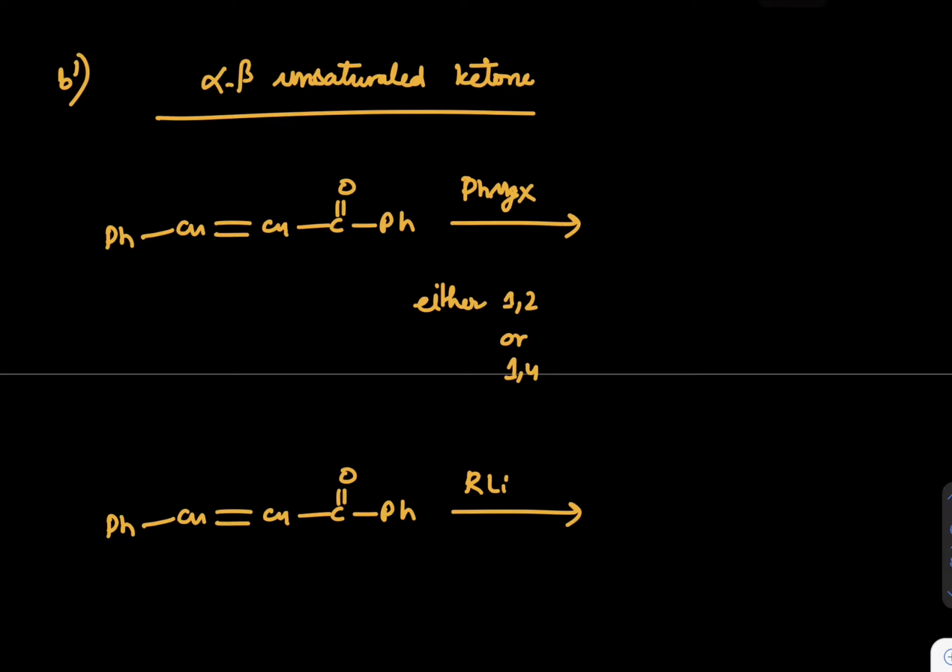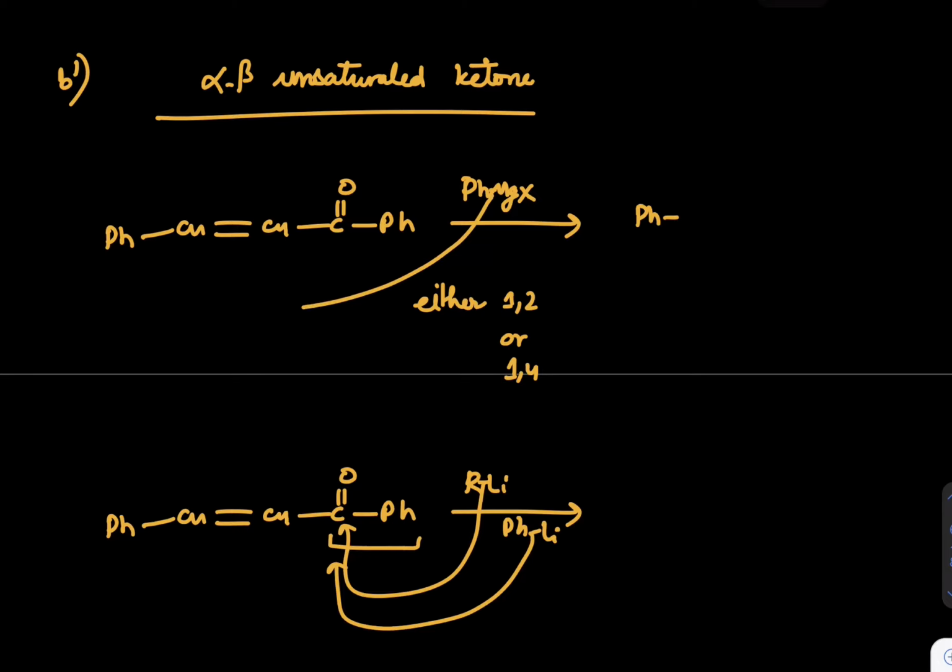This time it only attacks the C=O. It attacks here only. Let's say we have PhLi. If you have a problem with RLi, you can say PhLi. The same thing is applicable. It will attack here only. So what is the difference in both the answers? In the previous case, the answer could be Ph. Now if you attack here, you can break this bond and this becomes O minus. So we get PhCHPhCH=CO minus Ph,